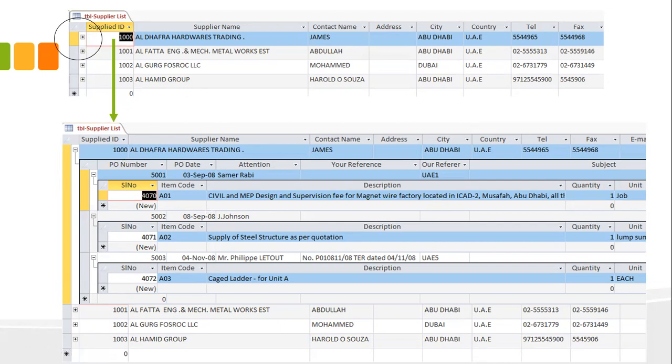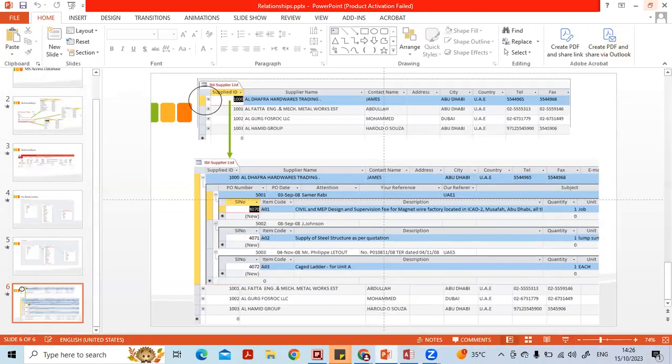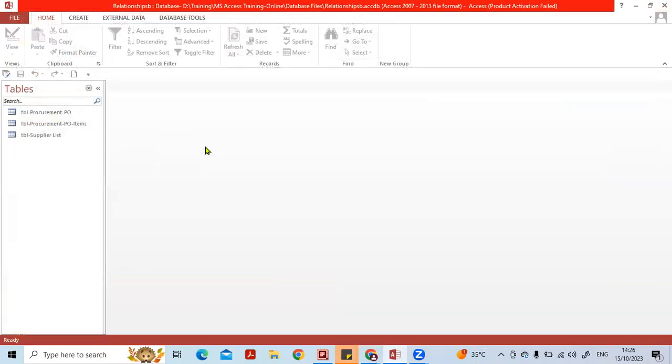So this we'll see practically how we do on an Access database. Say, let us take a database which has three tables. Now we'll try to see the difference between having a relationship or not having a relationship. Okay, now we go and create one